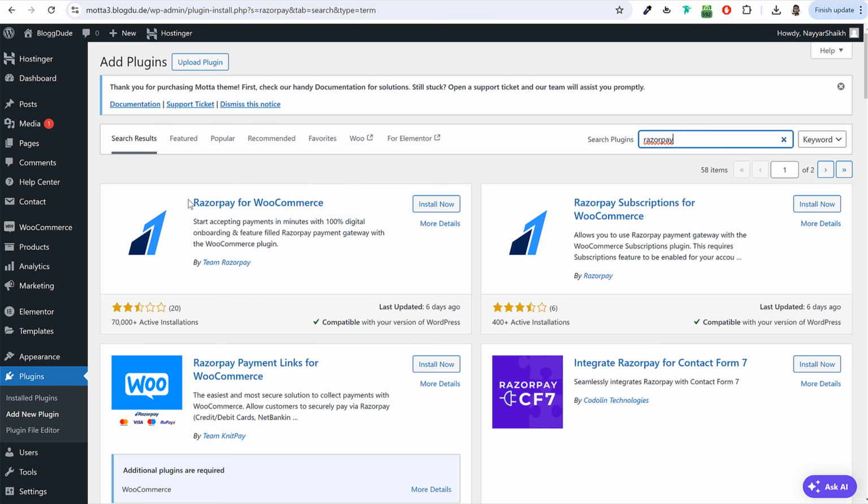This is the one that we have to use. RazorPay for WooCommerce by Team RazorPay. Install this plugin. Now, if you're from some country where none of these payment gateways are accepted, then I would